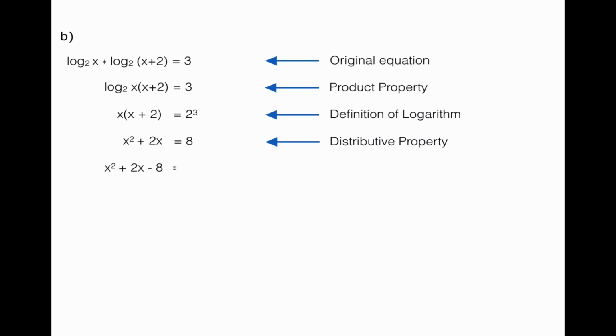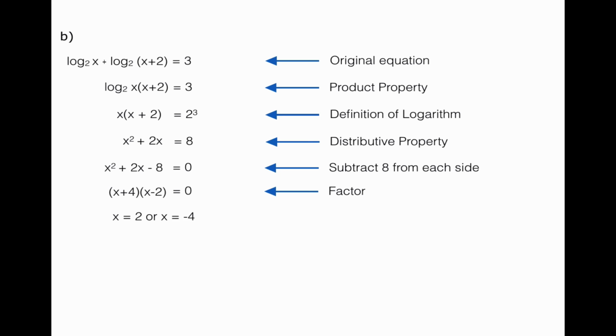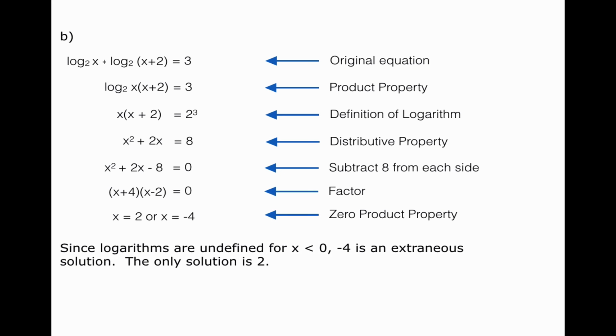And now I can solve and make it a quadratic. So I subtracted 8 from both sides, and I factored it, and I end up with x equals 2 or x equals negative 4. That's the zero product property. And we have an extraneous solution again. Negative 4 can't be an answer. It can't be a solution because x cannot be less than